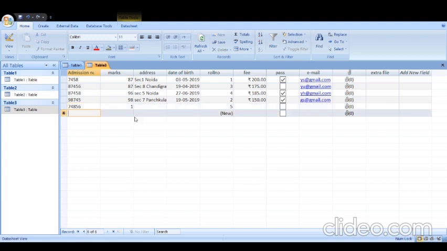Second, suppose I am entering the data here, leaving it blank and moving further. It again shows me the message that you can't leave that null. A null value means without any value. So when you have applied a primary key, you can't leave that column blank. Clear? That is the meaning of primary key. A primary key is a sort of check so that in that column no record will be empty and everything will be unique.